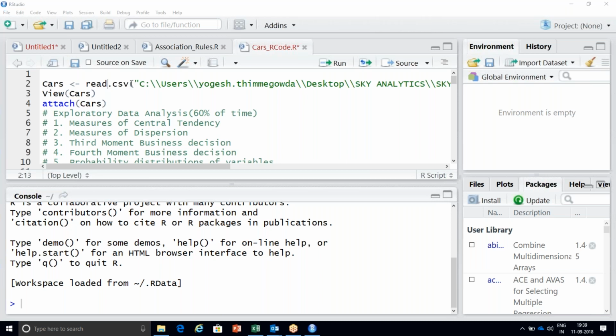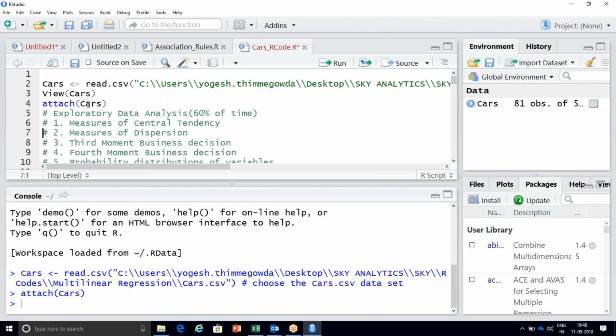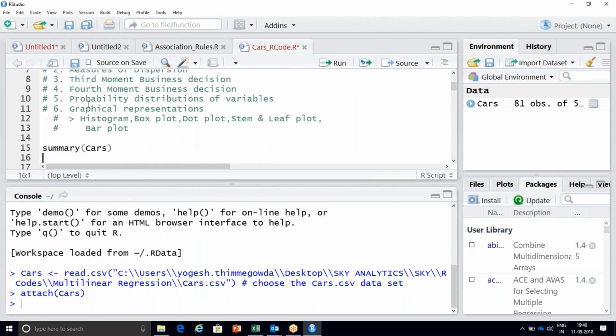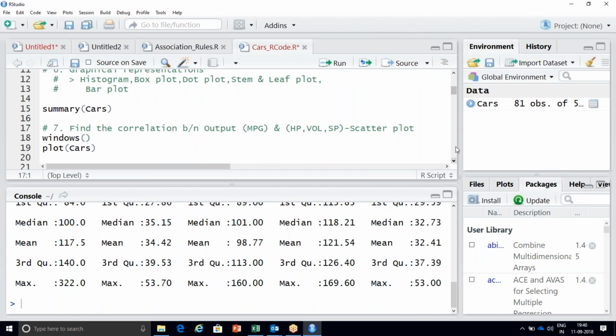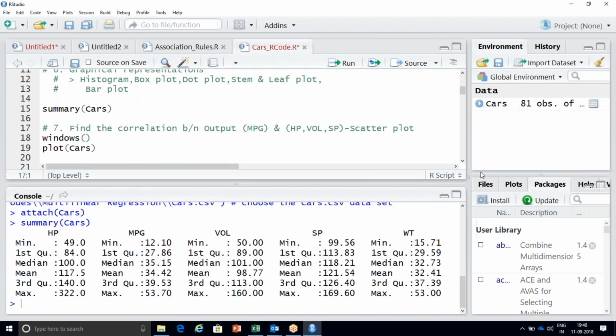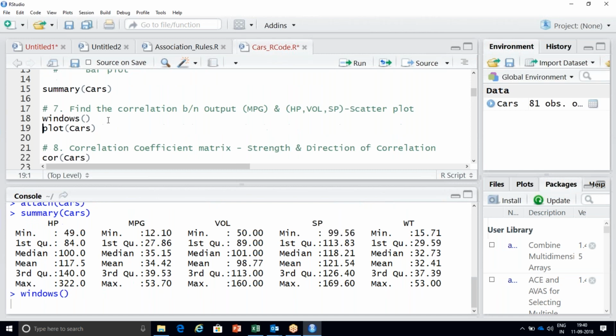I'm just going to brush it up for 5 minutes. So I'm going to read a data set called cars from my local system. That is my 81 observations and 5 variables. Now I'm going to attach this data set called cars. Here I'm just checking my summary of cars. Summary is nothing but I'm just viewing the basic statistics details of all the columns. So I'm going to plot my